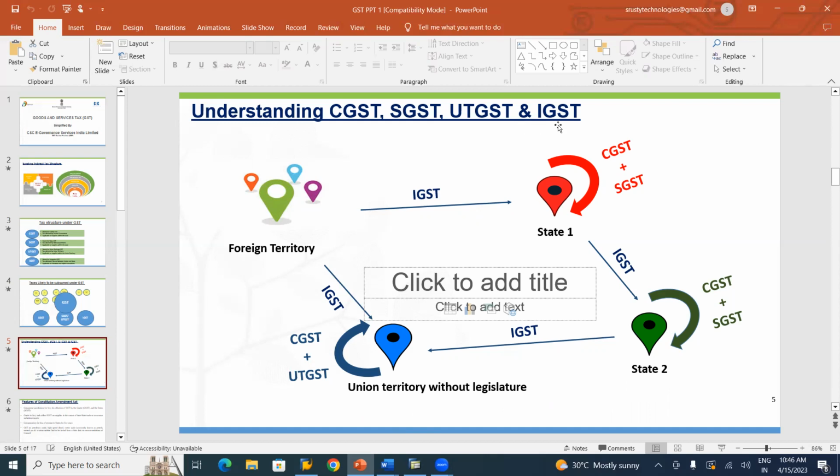What does it mean actually? Within a state, you can see here, state 1, we have CGST plus SGST. Within a state, if a transaction takes place, then CGST and SGST are applicable. But whenever a transaction takes place between state 1 and state 2, then it will involve IGST, which means integrated CGST and